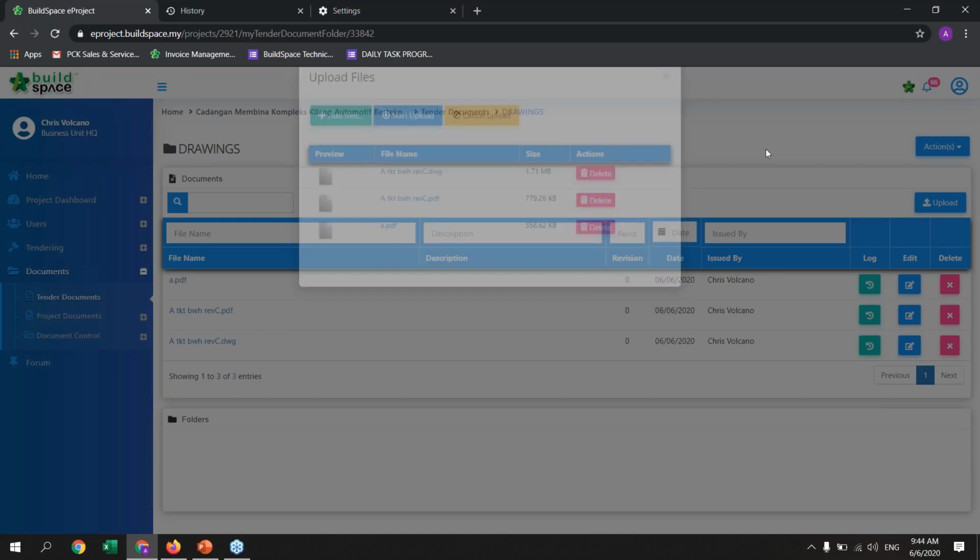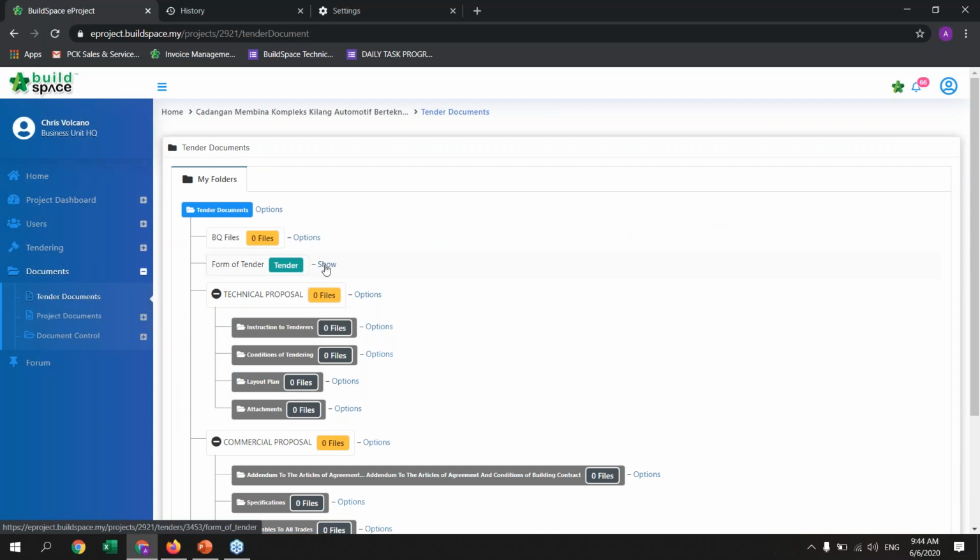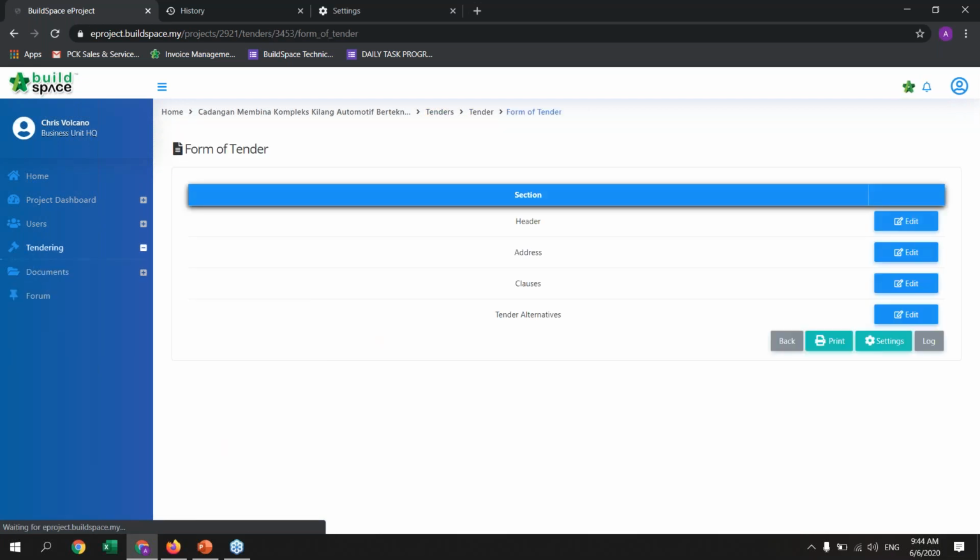We click anywhere else to move further, then go to the tender documents and form of tender to proceed to the next step. Click on show. Now take for example, inside the form of tender, we wanted to make an amendment on the clauses. What we can do is click on the clauses, edit,